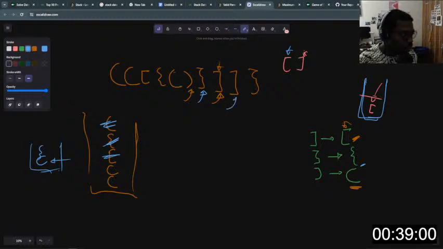So we are at this point now, right? Now what is the corresponding value for this bracket here? The corresponding opening bracket will be this bracket here. So what is the value at the top of the stack? The value at the top of the stack will be this opening parenthesis here, and the opening parenthesis is not the same as the opening square bracket here. So this string won't be a valid parenthesis string,